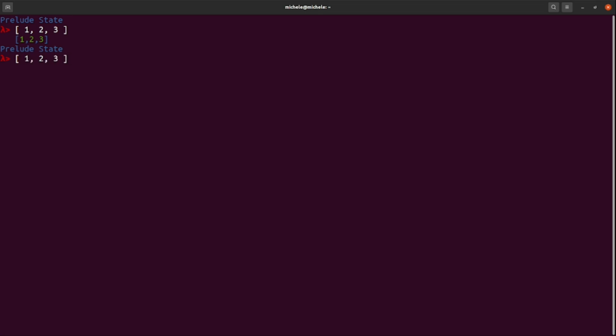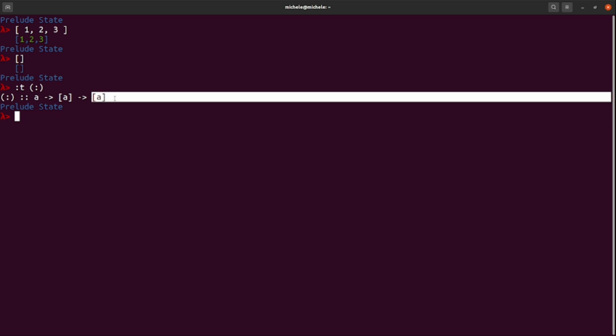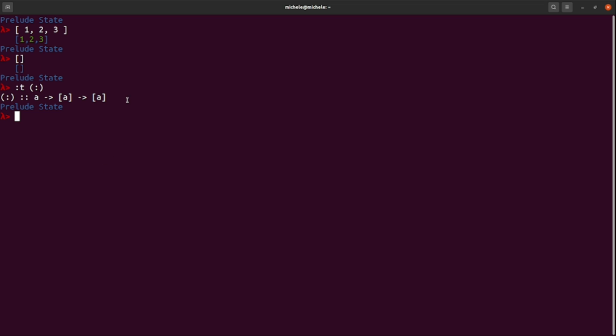But actually, in order to create a list, we only have two functions, and those two functions are made only of symbols. One is the empty list, and this is a function which only returns the empty list. Or we have the colon, which in Haskell is sometimes called cons, which stands for constructor. If I ask for the type of cons, we see that it is a function that takes anything and a list of the same anything and returns a new list of the same anything. And I say new because you have to remember that data is immutable in Haskell. So we are not really changing this list,